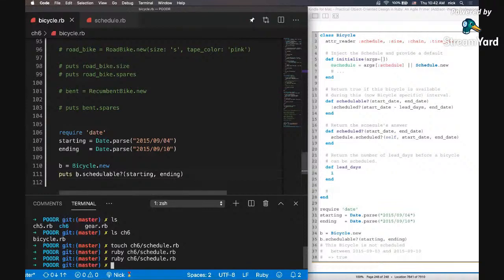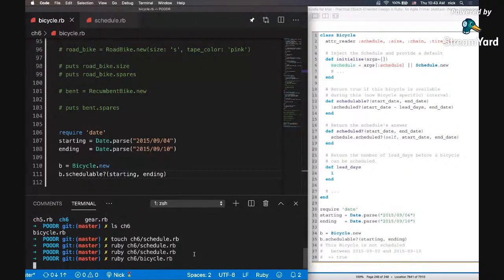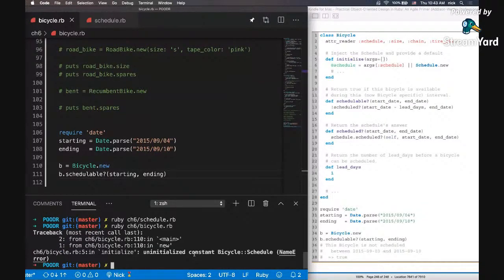Actually, no, we don't need to puts anything out, because you have puts in schedule. I'm running the wrong one. I need to be running the bicycle class. Bicycle.rb, there we go. Okay, getting something: uninitialized constant Bicycle::Schedule, NameError. So from line 110, I need to pass in